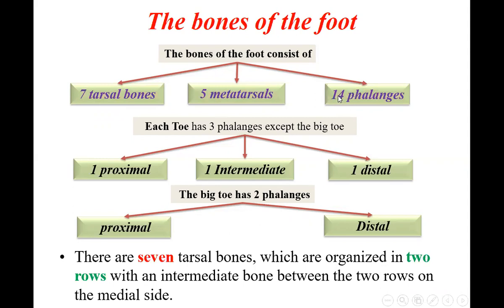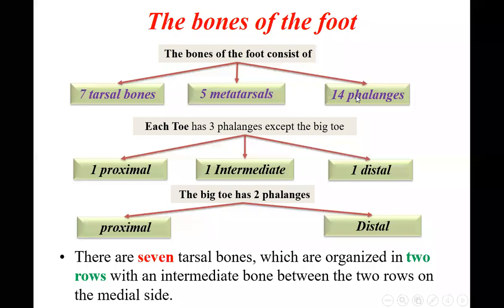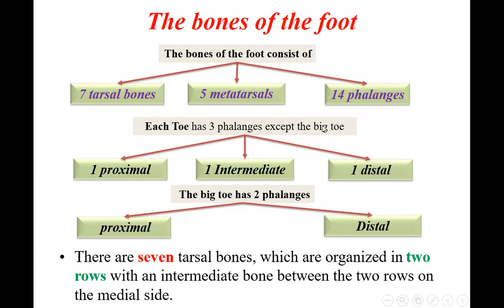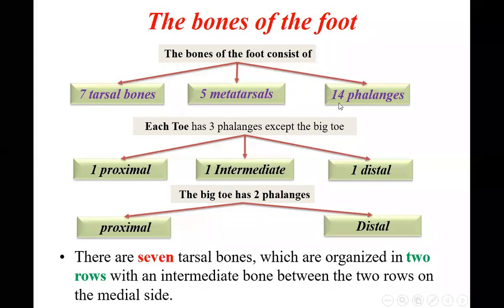So all phalanges have all the fingers. Phalanges means fingers have three phalangeal bones. These bones are three in each finger, except in the case of the hand it was the thumb. Here in the case of the foot it is called the toe. Except that, all other fingers have three digits, three phalanges. So the three phalanges will be the proximal, intermediate, and distal.